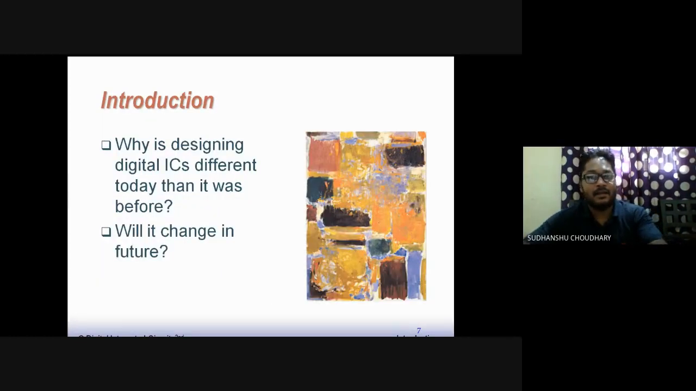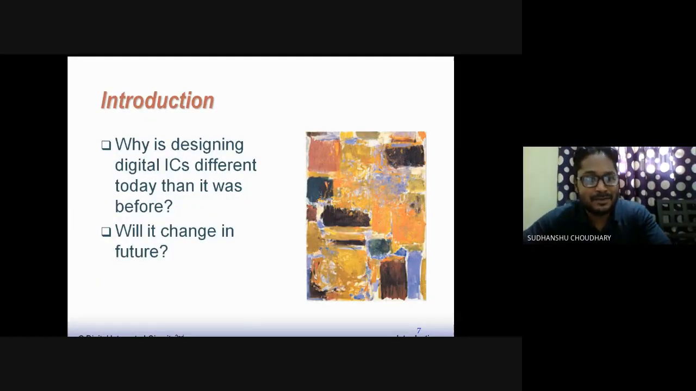Then let us try to answer this question. The question is: why are digital ICs different today than they were before, right? This is a very important question that comes to the mind of any designer. So what are the changes and why is it different? So you will find that